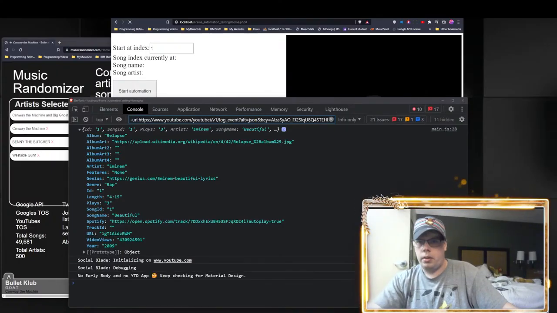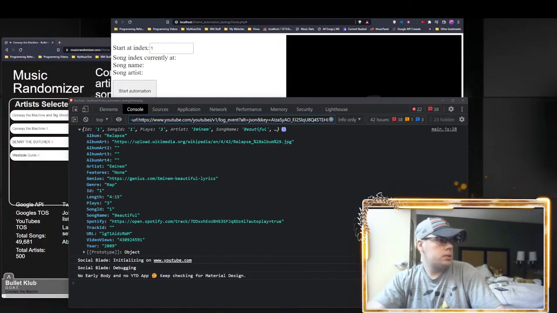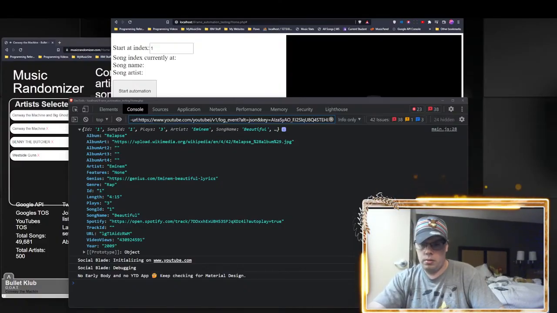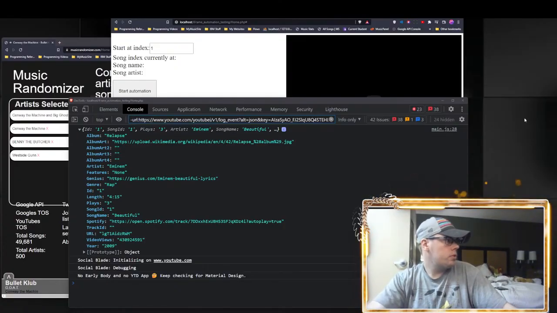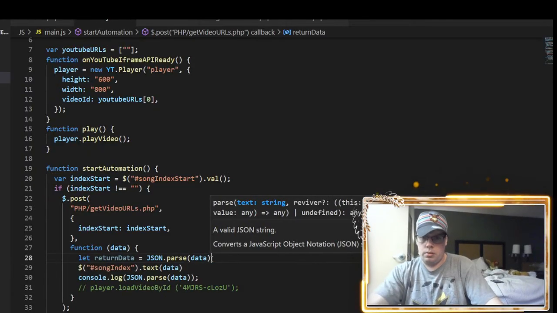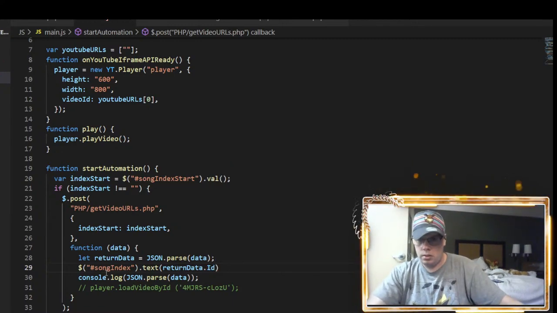And then we want to say this song index, not value text data, let, return data, JSON.parse. So here in the code, like that. So then we're gonna say this dot ID